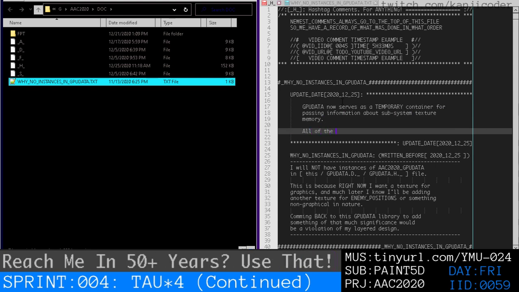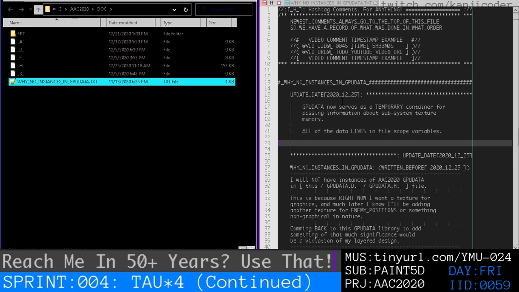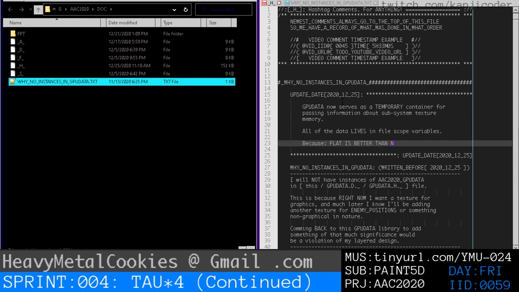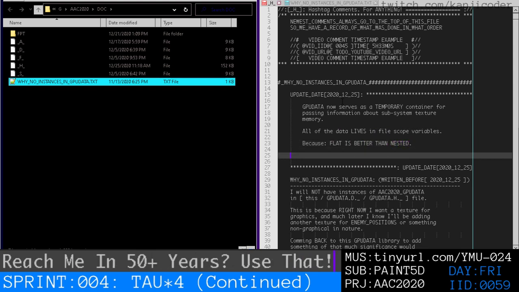All of the data lives in file scope variables because flat is better than nested, and because